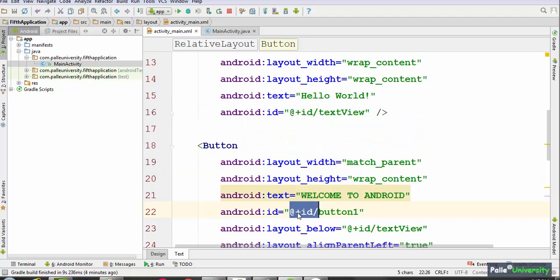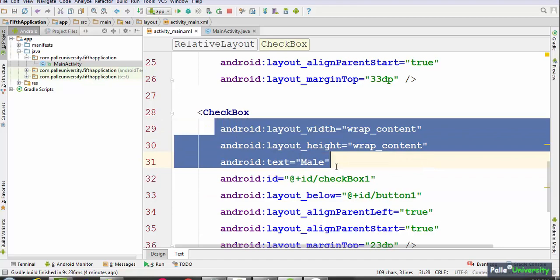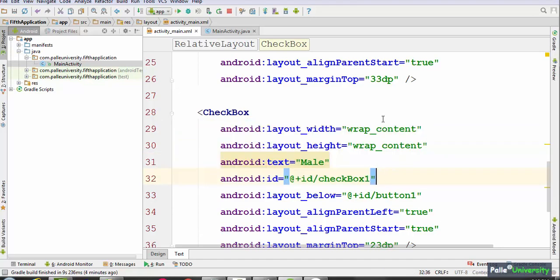It says that this is the id of this rectangular box, that is button 1. As I told you already, you can change the id of a view at any point of time. Let us say I want to change this checkbox id as checkbox 1. So it is saved.